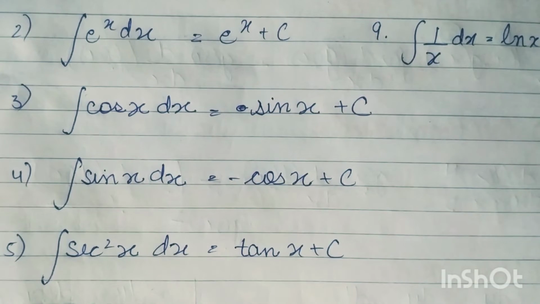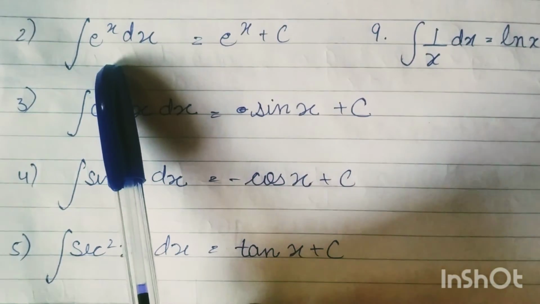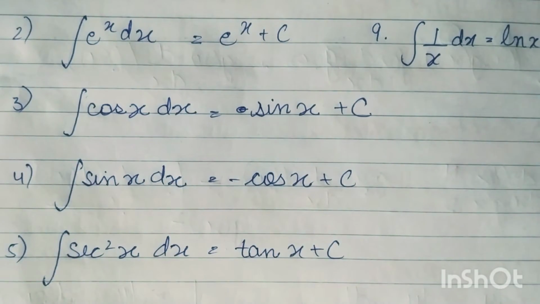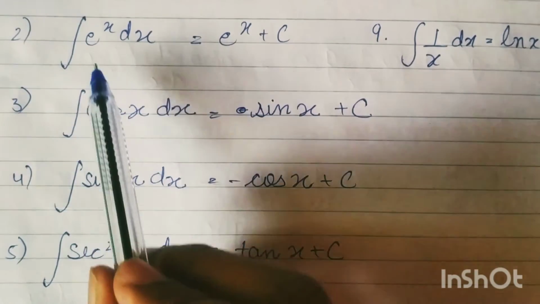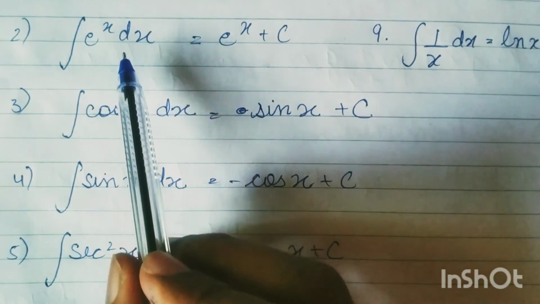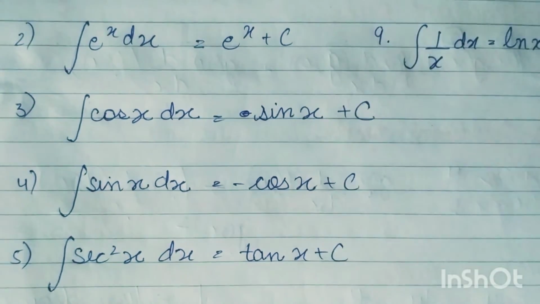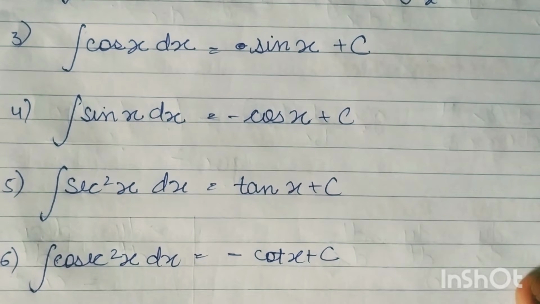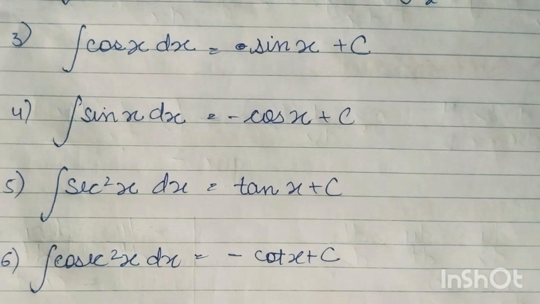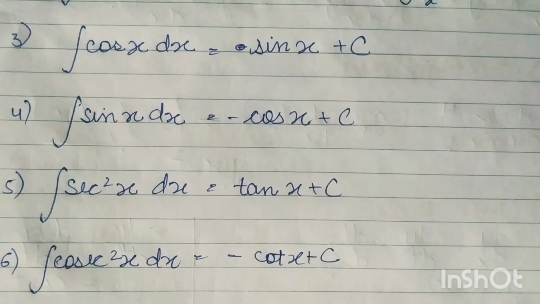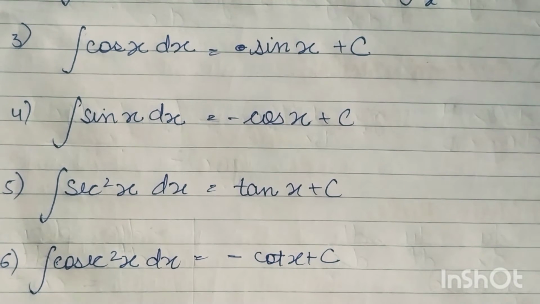Coming to more functions of integration, the differentiation of the exponential function gave the value itself, that is e^x. Here also the same. Integration of e^x with respect to x is e^x only, and always remember plus c is to be written. Trigonometric functions: integration of cos x will be sin x. Remember, differentiation of sin x was cos x, so integration is just the reverse of that. Integration of sin x is minus cos x plus constant, always write a constant.